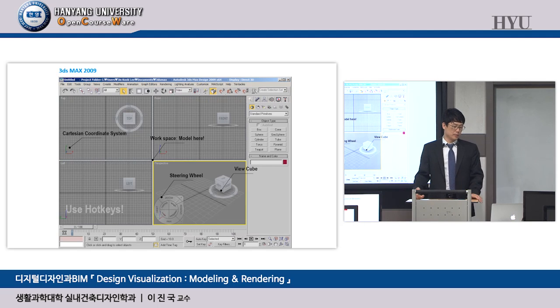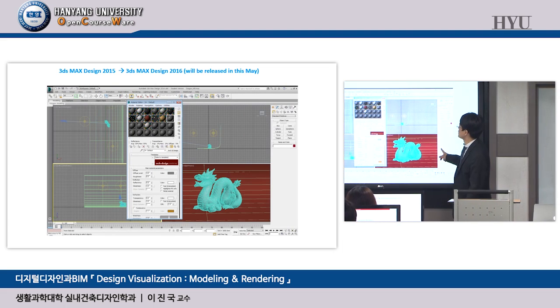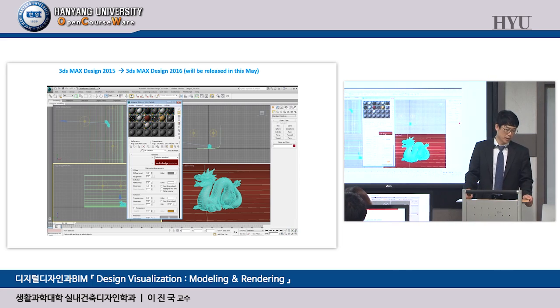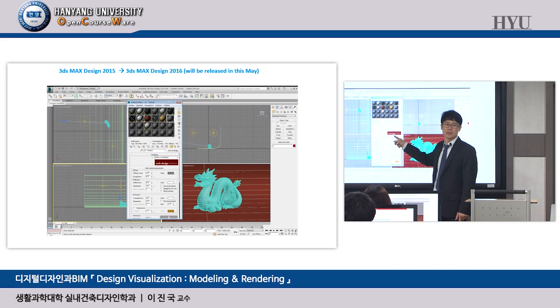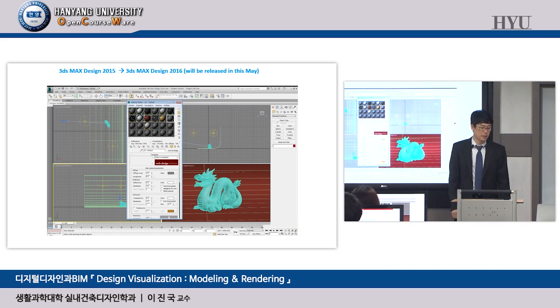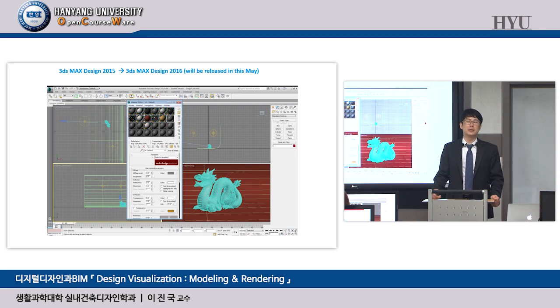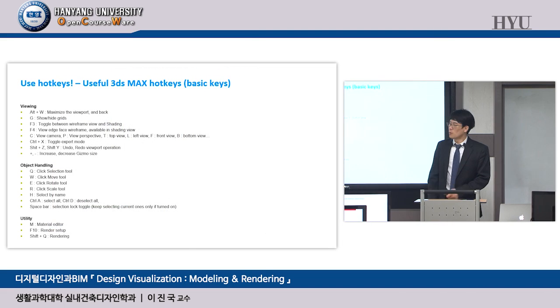This is the 3D Max 2009 interface, and this is the 2015 interface. Actually, there is 3D Max 2016, but not 3D Max Design 2016. Probably 3D Max Design 2017, okay? The Design version has Arch and Design, architecture and design related Autodesk material and presets. Preset means predefined environment, very useful for designers. Also remember